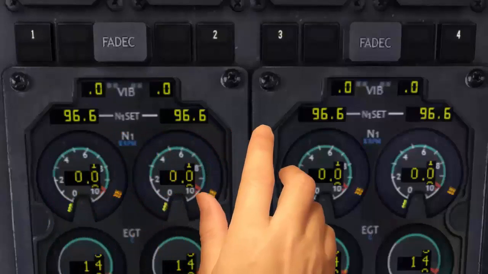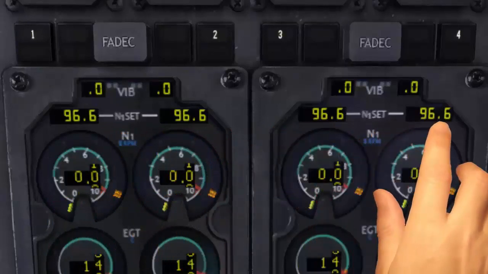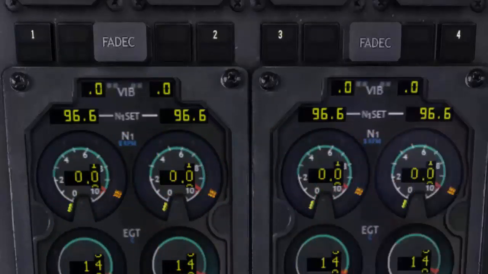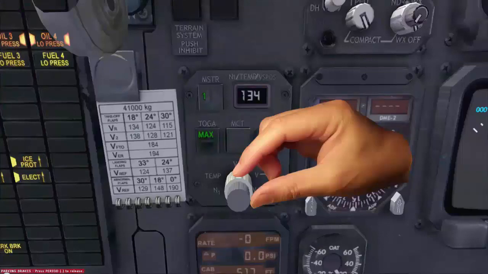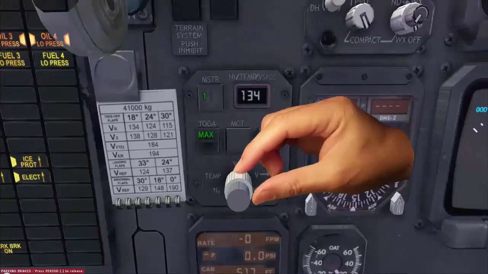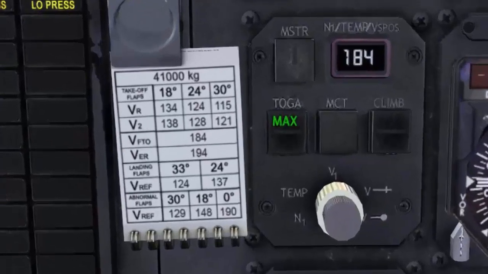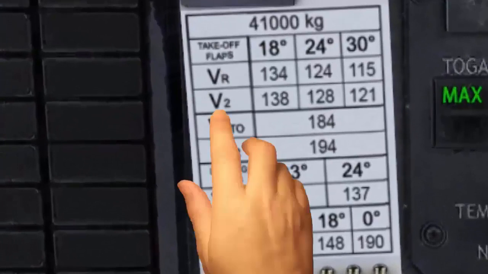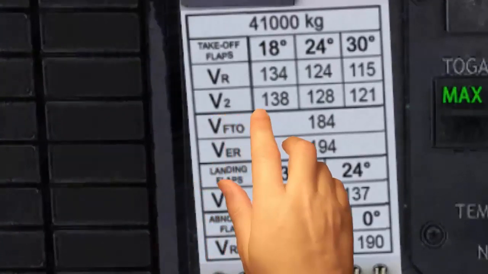Above, the engine indications show 96.6 confirmed. V1 134, VR or V cross 134, V dot 184, and finally we pick up our V2 from